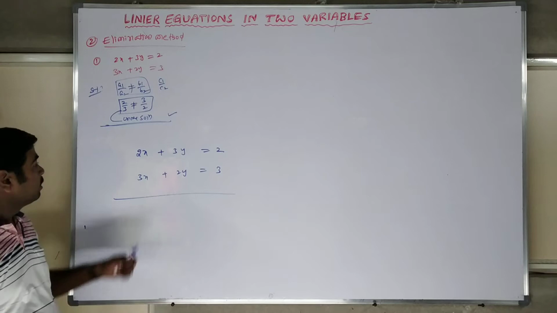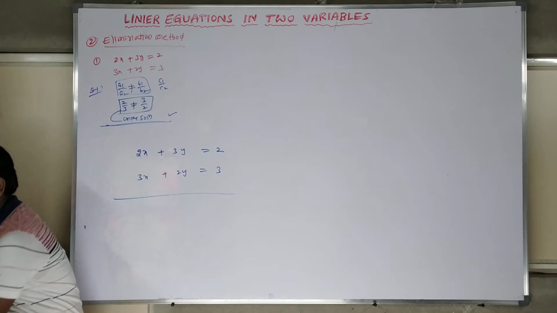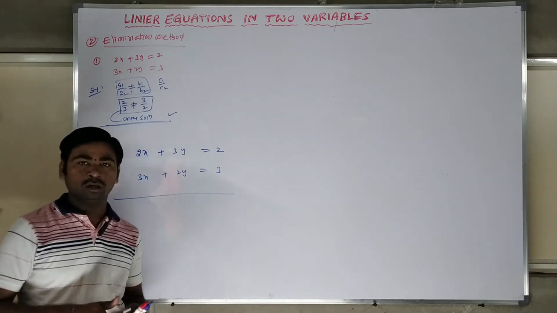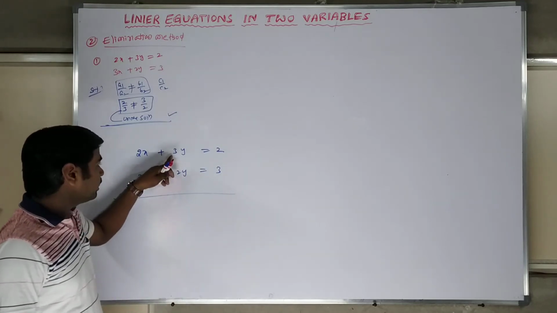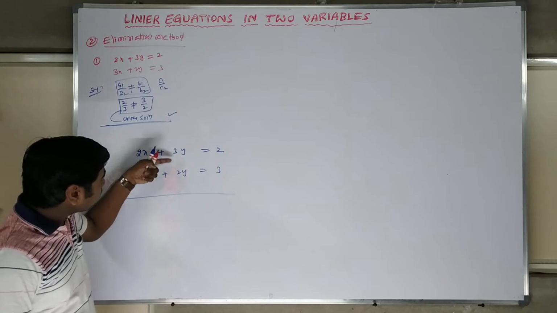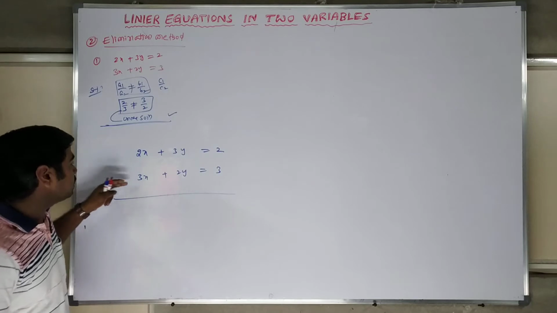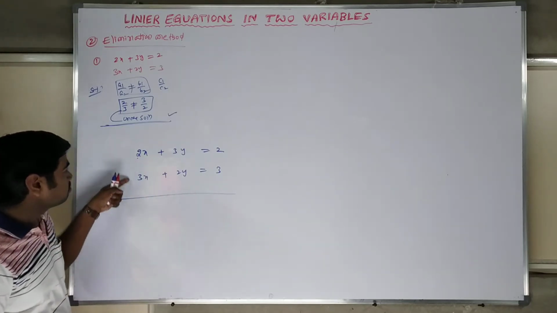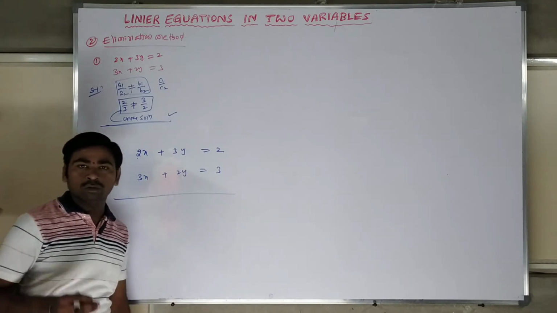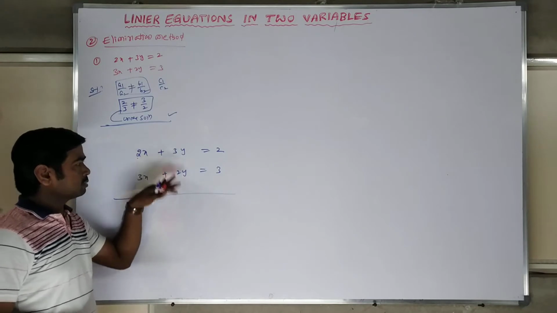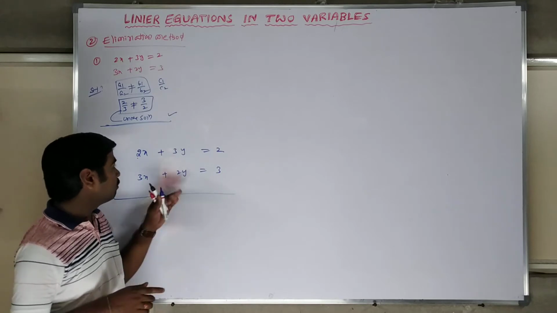In this case, you want to eliminate, and you have two options. Either you eliminate the x component or you eliminate the y component. When you want to eliminate the y component, the y coefficients must be the same. If you want to eliminate the x component, the x coefficients must be the same. But in this case, the x coefficients are not the same, and the y coefficients are not the same. Whenever both coefficients are not the same, what you have to do is work on whichever you want to eliminate.